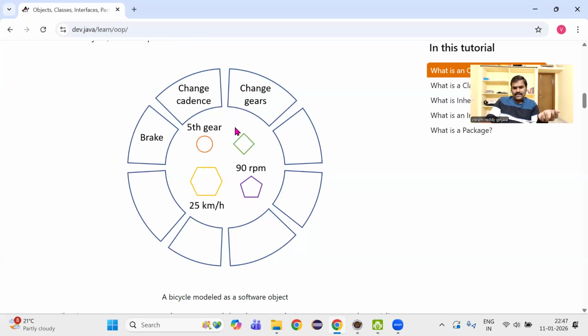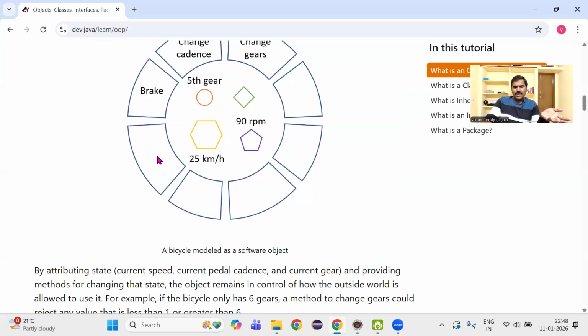So this is called data encapsulation. Generally state is stored in fields. State is all about data actually. When we say data, state is all about data, and behavior is all about methods in one programming language or functions in some other programming language. So this is how a real life object is